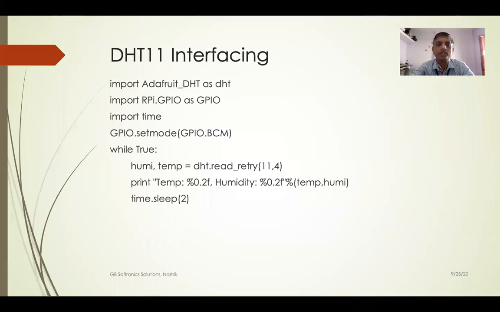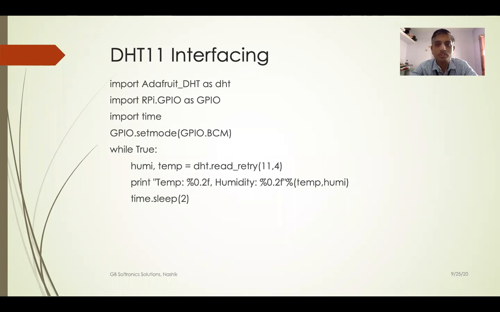Now the next program is for the DHT11 interfacing. The program is again very easy if you are using Python, because in Python we can use the library that has already been provided by the sensor manufacturer. DHT is generally from Adafruit. It's an Adafruit sensor, so that's why there is a library available on the GitHub website. You just have to download it. I will also show you how to install that DHT library on your Raspberry Pi.